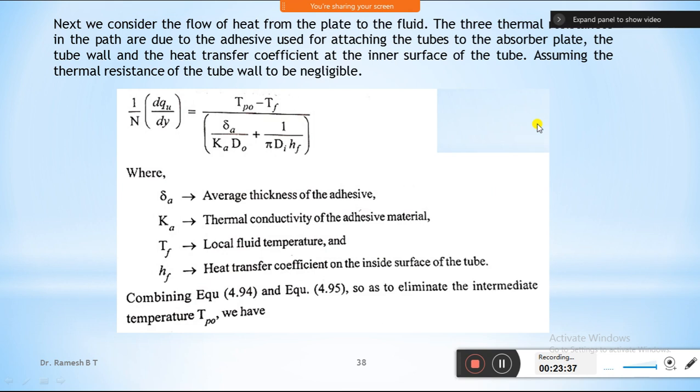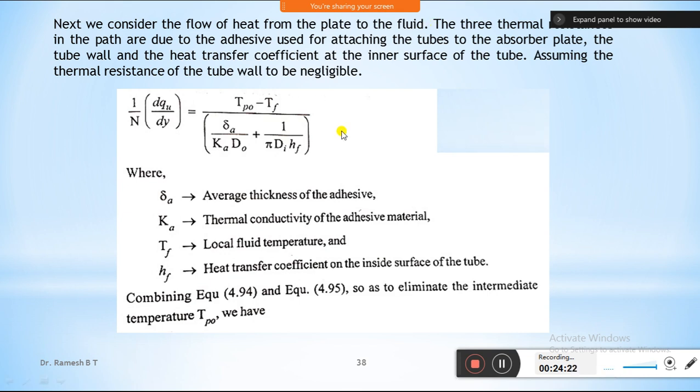The thermal resistance in the path is due to the adhesive used to attach the tube to the absorber plate, the tube wall, and the heat transfer coefficient on the inner surface of the tube. Assuming the thermal resistance of the tube wall is neglected, we can simplify the equation as 1 by n dQu divided by dy, which is equal to (Tp0 minus Tf) divided by [delta a divided by Ka d0 plus 1 divided by phi Di hf], where